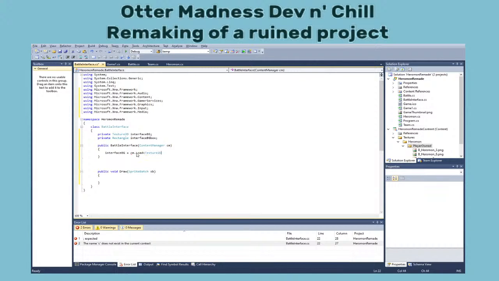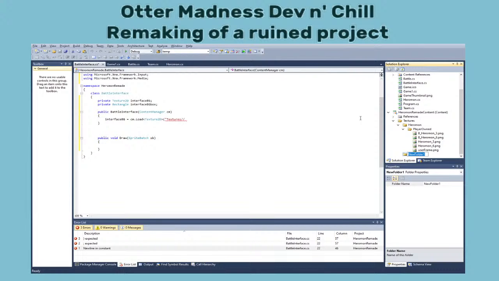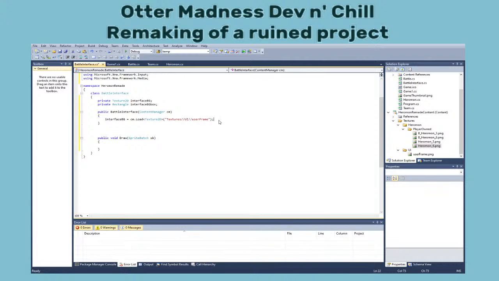cm.load texture 2D, and it's called user frame. So textures. Oh wait, I should put it in another map. It should be in UI. There we go. Textures, UI, user frame. I think this is correct. And interface BG box is a new rectangle